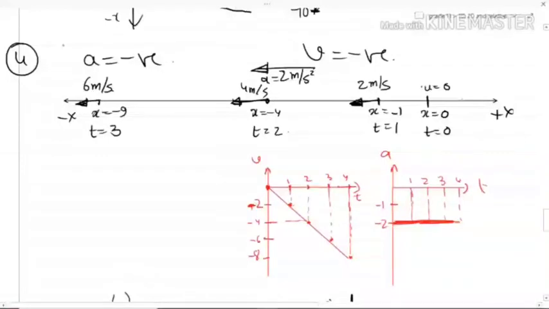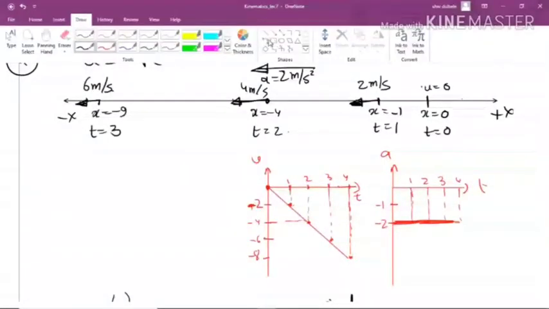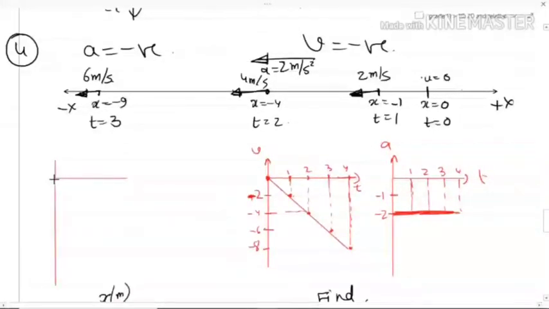And the last case, the position time graph, will be something like this. Sir, which page are you on? Are you not able to see my screen? Where we discussed the graphs for the four cases. Yesterday's lecture.